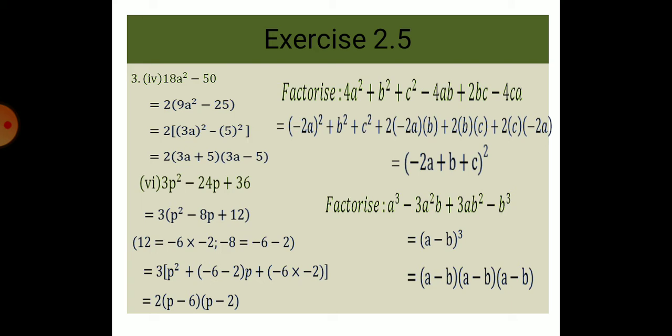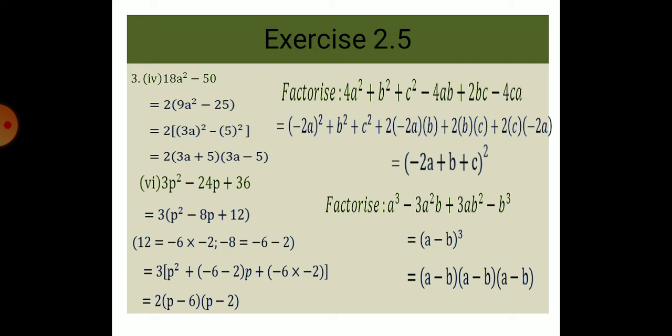Now in our formula there is no minus sign, but here for two terms a minus sign is there, and for those two terms let us see which alphabet is common. In minus 4ab and in minus 4ca, a is common. So we can understand here, because a is common in both the negative terms, the first term 4a square is a negative term, that is minus 2a, and the remaining two are positive.